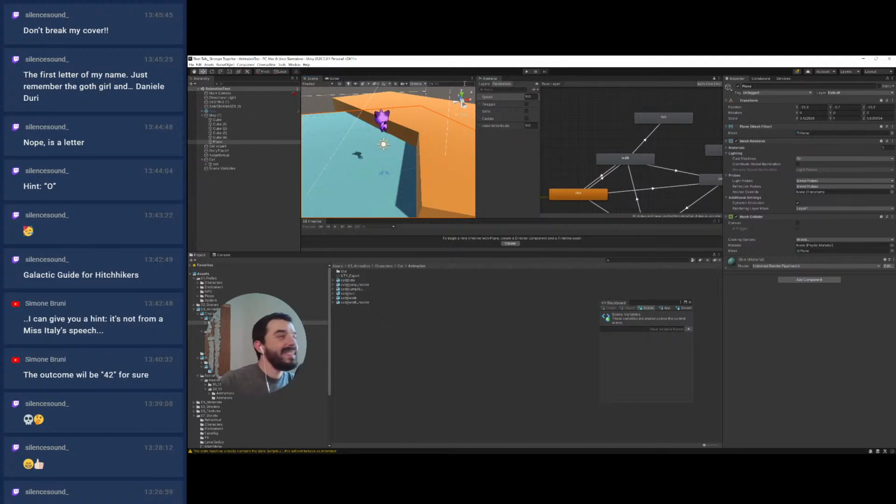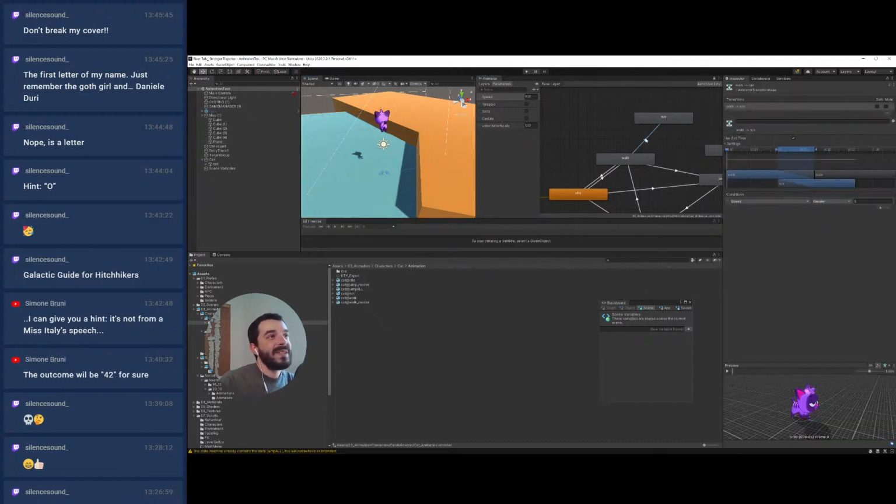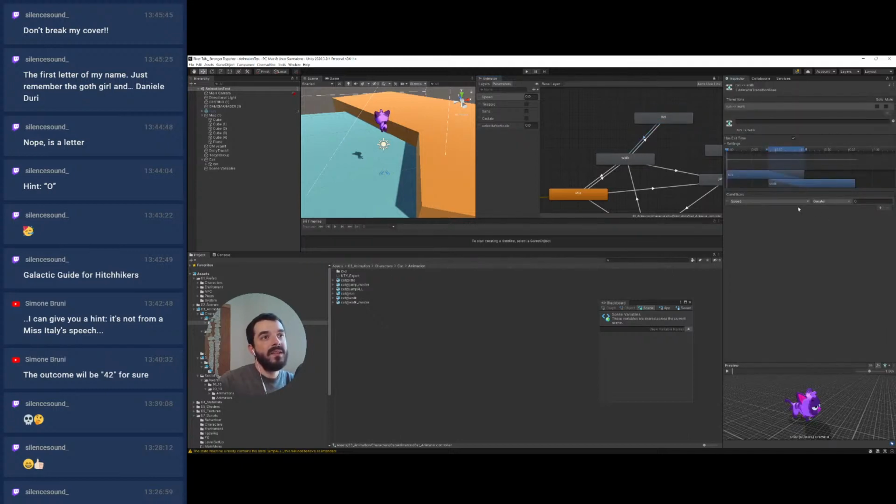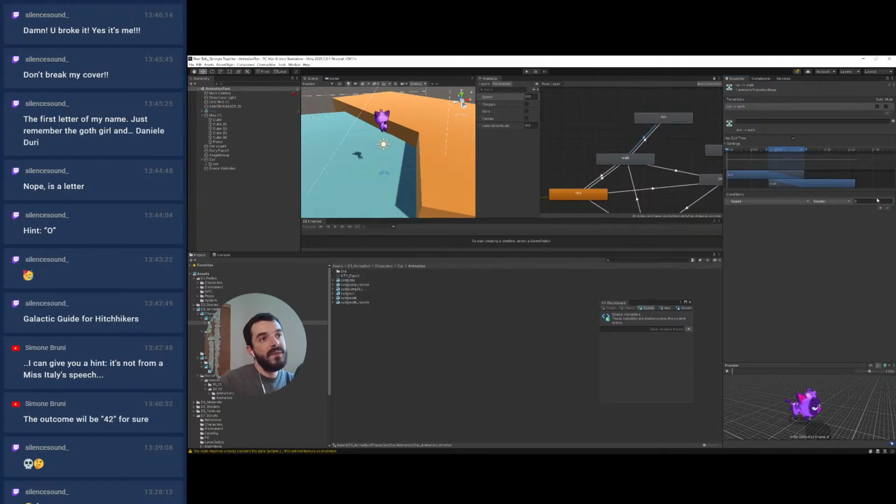So, how are you? In here, I was saying, we have the run greater than 5. We toggle the run. And maybe once we go under 5, we make a transition back to the walk. So, if the speed is lower than 5,